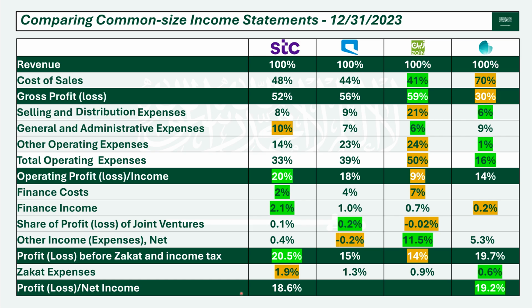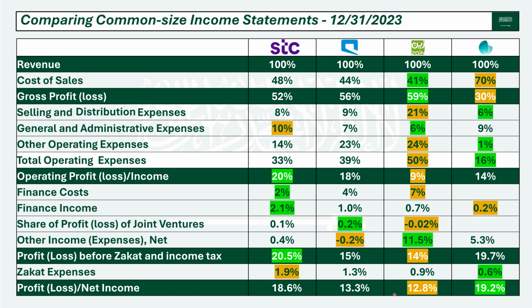Finally, profit or loss or net income. Go Telecom in the first position with 19.2%. Then STC with 18.6%. After that, Mobily with 13.3%. And finally, Zain with